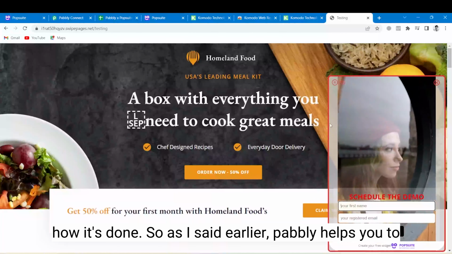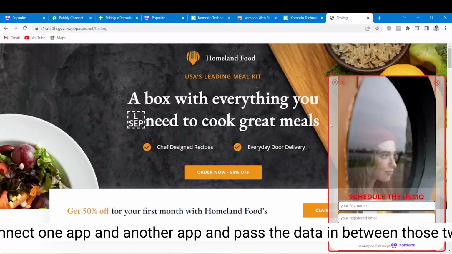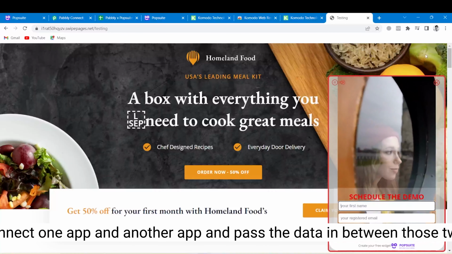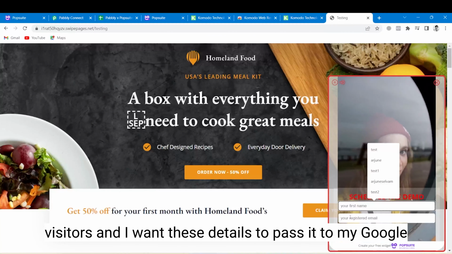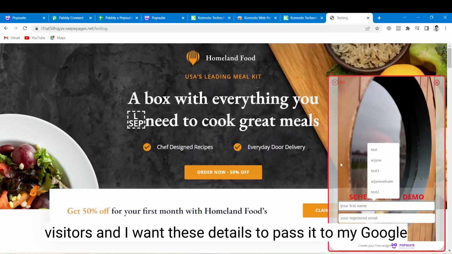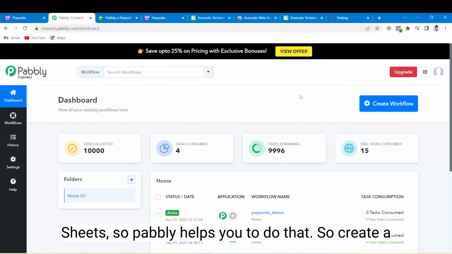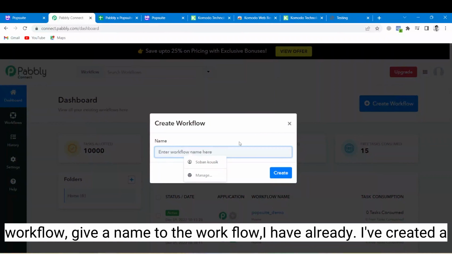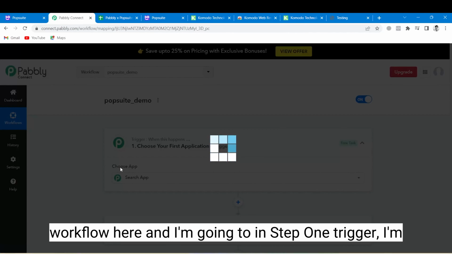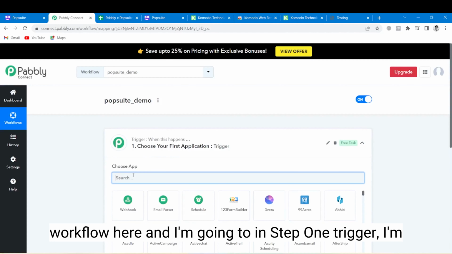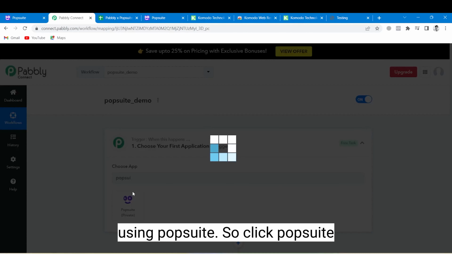So as I said earlier, Pabbly helps you to connect one app and another app and pass the data in between those two. So I am using this video bubble widget collecting email IDs from my website visitors, and I want these details to pass to my Google Sheets. So Pabbly helps you to do that. So create workflow, give a name to the workflow. I have already created a workflow here, and in step 1 trigger, I'm using Popsuite. So click Popsuite,